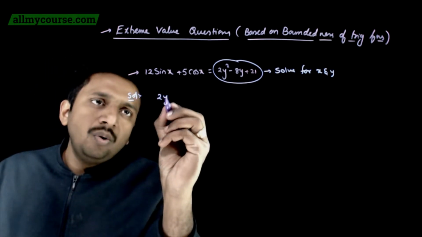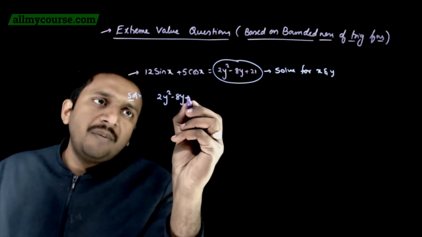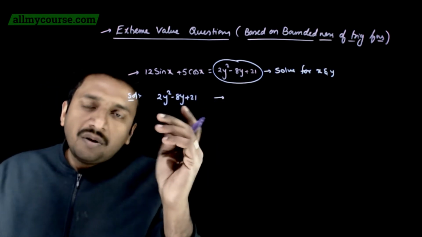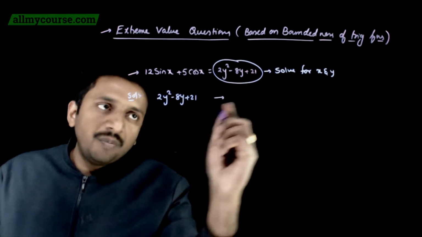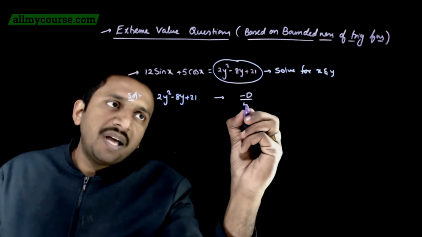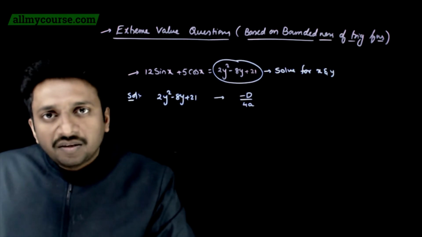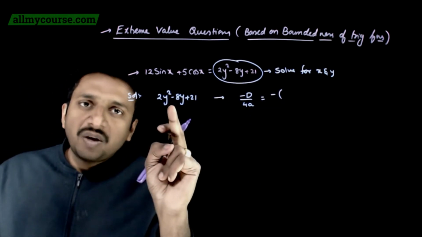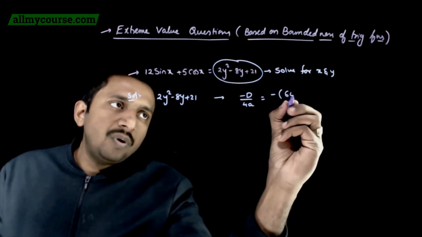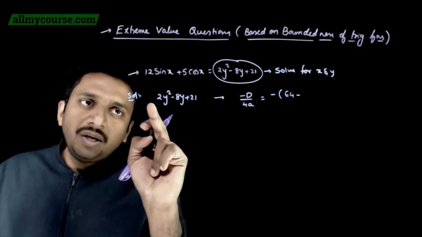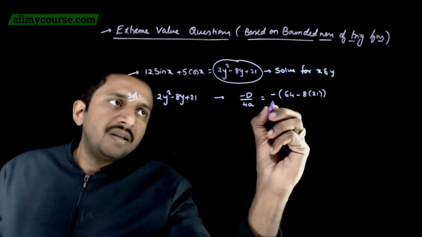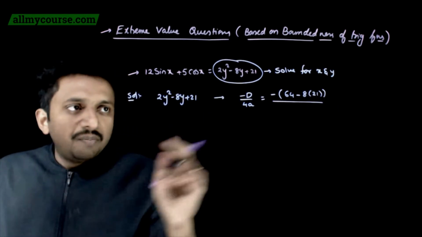So 2y square minus 8y plus 21 is a quadratic expression. The minimum value of this can be found using the formula minus of D by 4 times a. That is equal to minus of, what is the discriminant of this? B square minus 4ac. B square is 64, minus 4 into a into c, that is 8 times 21. B square minus 4ac by 4 times a